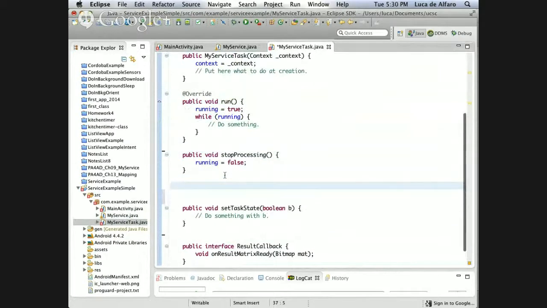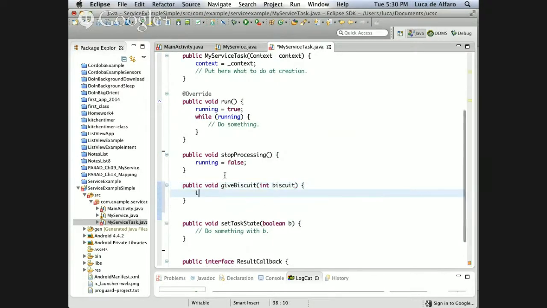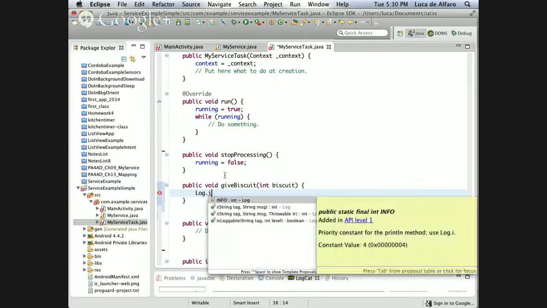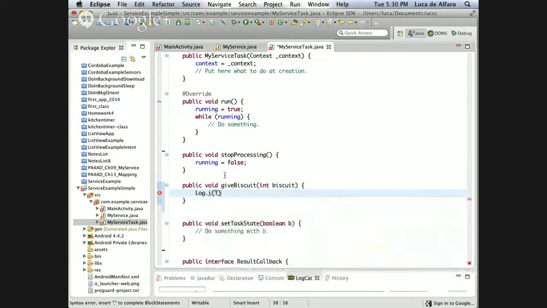But we need to add our method, public void. How was it? giveBiscuit, int biscuit. And we can do a Log.i of TAG, I think. "I got the biscuit" plus biscuit. So at this point, magically,